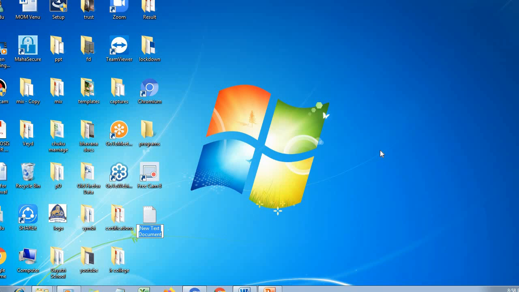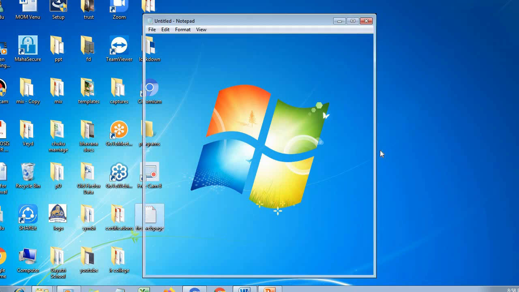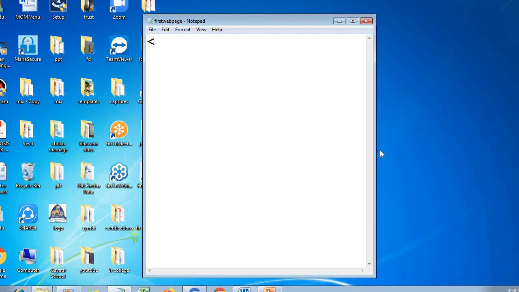I will rename this text document and save it as first web page. Enter. You can start the coding now. In HTML, as it has container tags, you can use a beginning tag and an end tag. Either you can follow this practice or go ahead one by one.